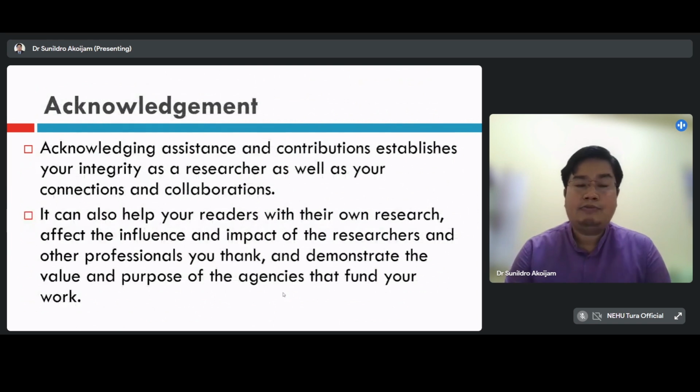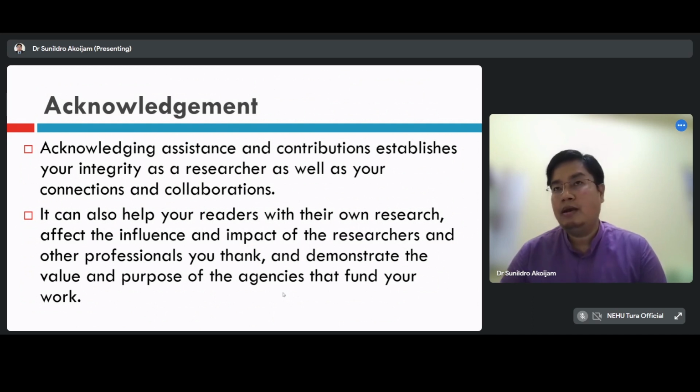Okay. After that, acknowledgement. It may not be very important, but many of the journals have made it mandatory also, wherein in the process of your research, if you have taken support from anyone, either an individual or an organization or a sponsoring agency, then you should acknowledge that, because researches could not be completed without their support. So if you have taken any support or assistance from someone, you should reflect that in the form of acknowledgement at the end of the paper. Okay, and this has become mandatory in many of the reputed journals. So you should include this element.